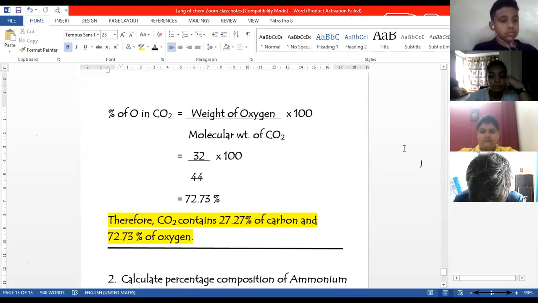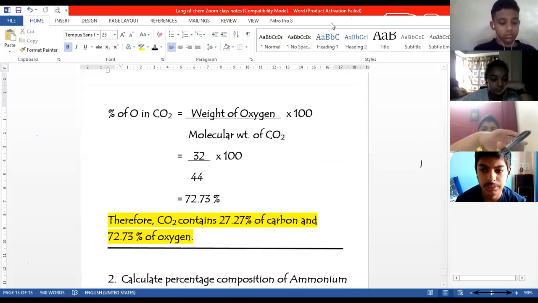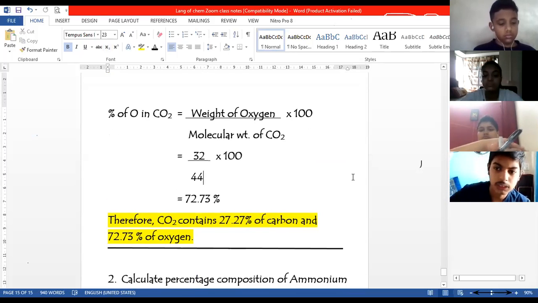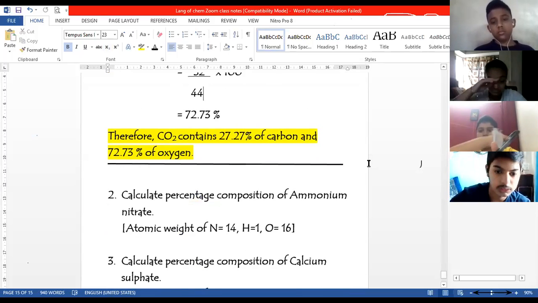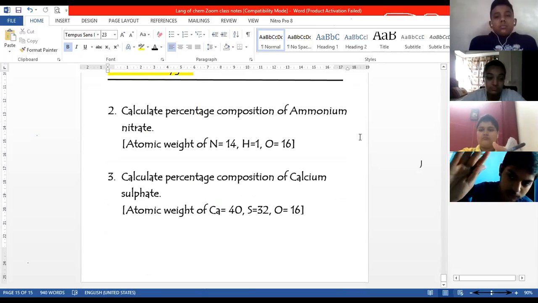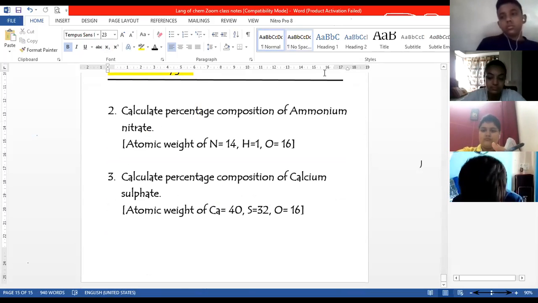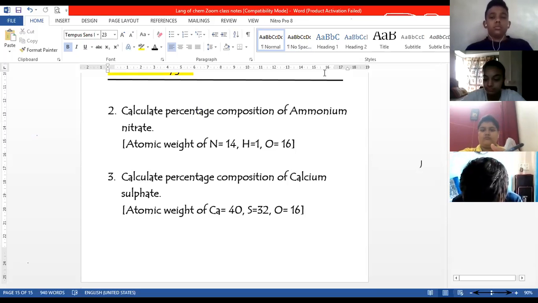Make sure that if you have got more than one atom, you will multiply that atom with whatever number we have got over there. If you have got more than one atom, say in this case ammonium nitrate, obviously we have got more than one oxygen, so you'll be taking whatever number of oxygen upon the weight of the compound. I hope you all know what is the formula of ammonium nitrate and calcium sulfate, so please take care of all those things.